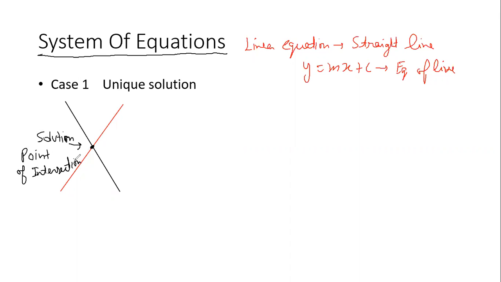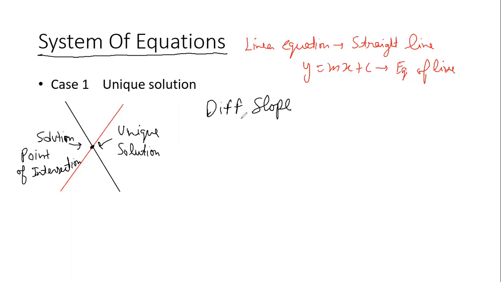When we say unique solution, this is a unique solution because there is only one possible solution. So whenever 2 lines intersect, we always get one solution, or I can say unique solution. This is the first scenario. And here you have to understand, in a unique solution, both the lines will definitely have different slope.